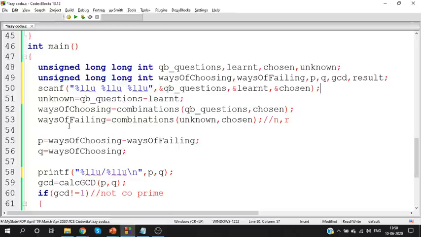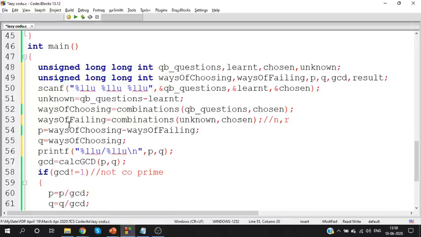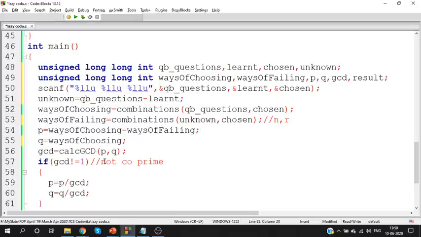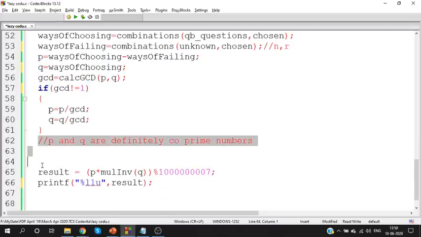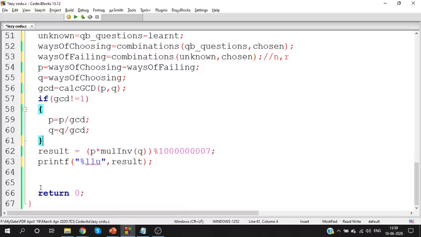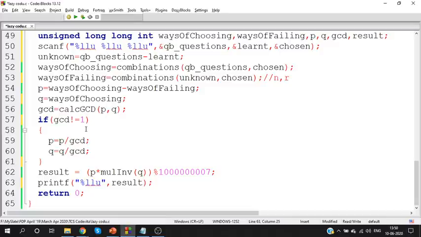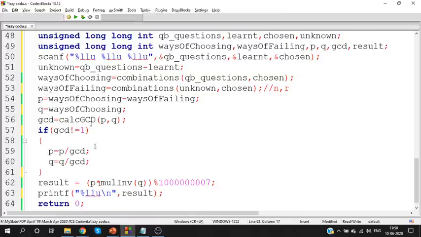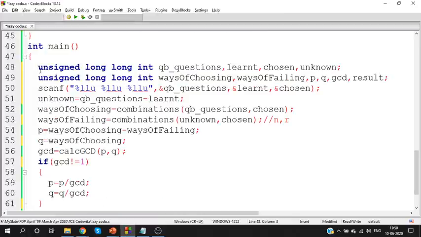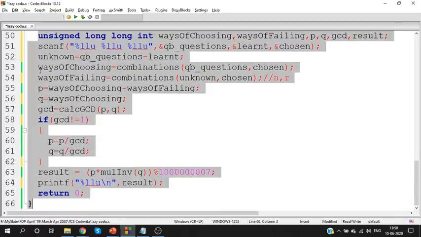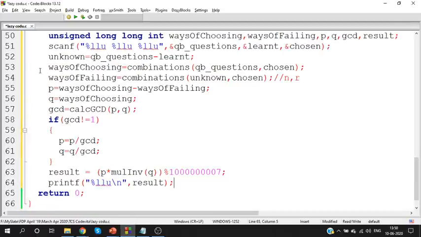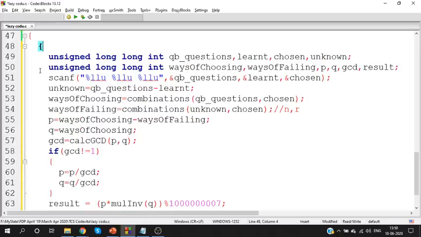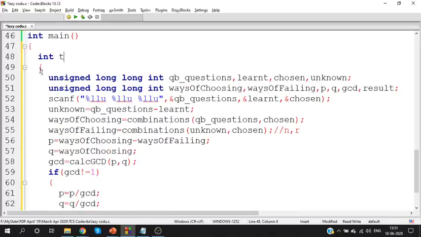Okay. What they are saying is you are working only for one case, right? In this case, this will be the number of values. That is what we are saying. Here, they will give you multiple scenarios also. They will tell you that what if I have three question banks. Okay, in the first case I have one question bank with 5,000 questions. In the second case I have 10 questions in the question bank. Like that, they'll give you multiple scenarios. So this process should be continued for all the scenarios. Okay, this should be executed for multiple test cases. That is what they mean here. Okay, this process, the scanning and calculation process, everything should be done for multiple test cases.